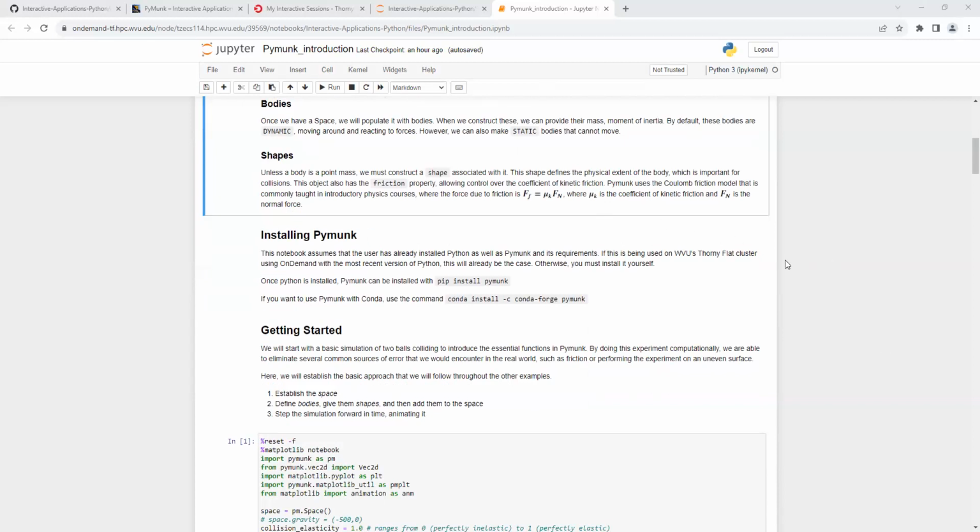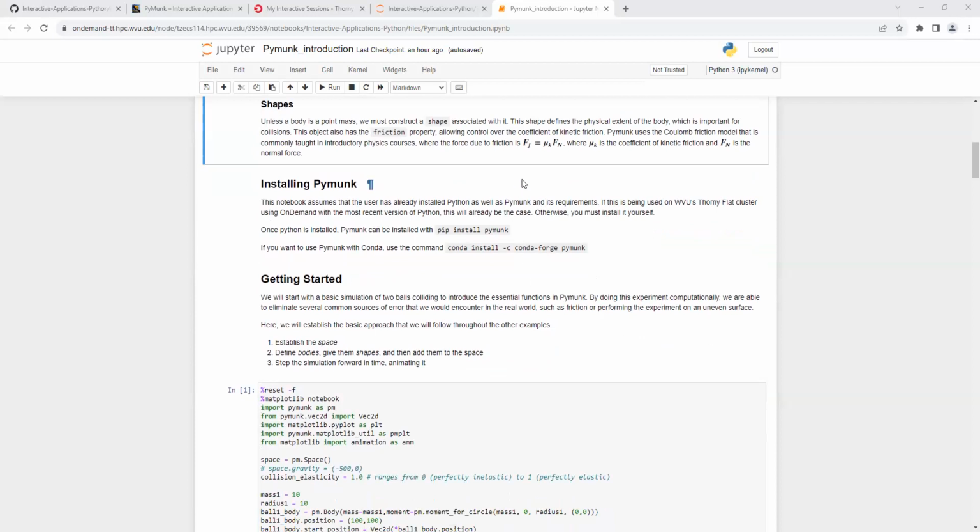Things like friction are also stored in this object, which would allow us to control how objects slide against each other. And conveniently, it is using the same model of friction that we teach in introductory physics courses, where it's simply proportional to the normal force of, say, a table pushing back against the object that's sliding against it. Now,